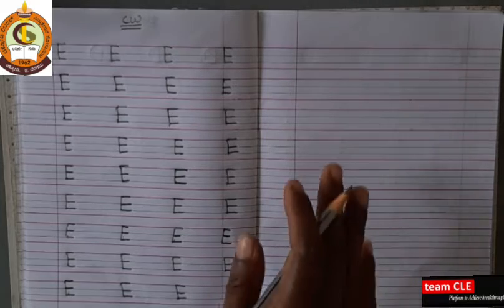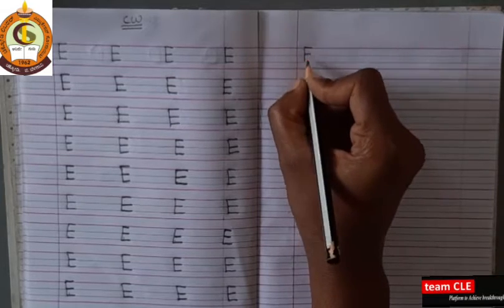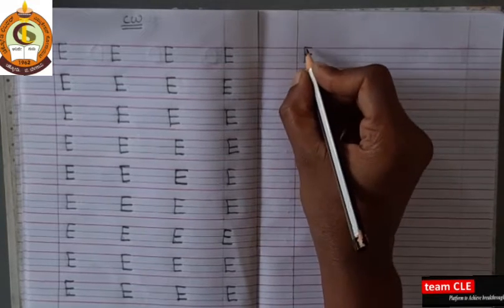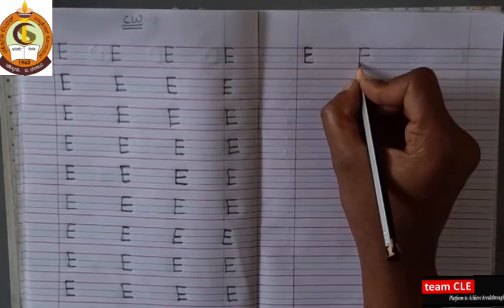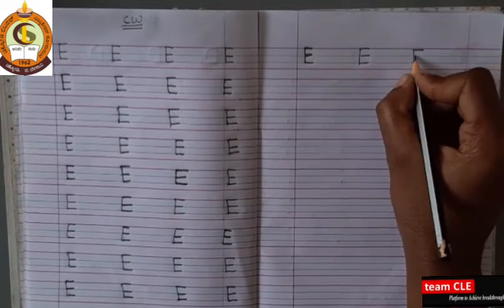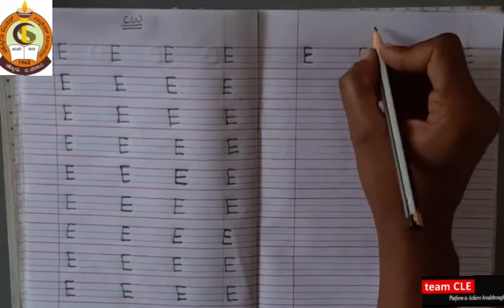So like this you have to say the letter and words and you have to write the letter E. Okay. So take help of dots and you have to write it. So next page also, here you write letter E. This is a homework, letter E. Standing line, 3 sleeping lines. So here also 3 letters you have to write in the one line. Letter E, letter E, letter E. So this is a homework.